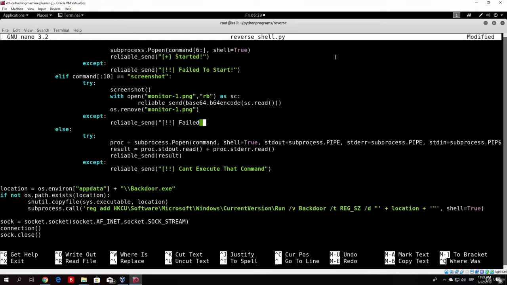Failed to take screenshot. And then we close this. So we send an error message that will say failed to take a screenshot. And right now what we want to do is basically just code the screenshot function with the